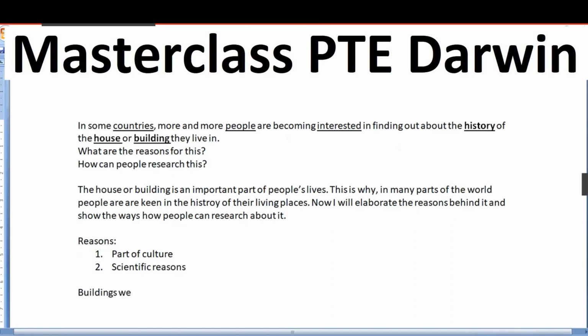buildings were part of national heritage